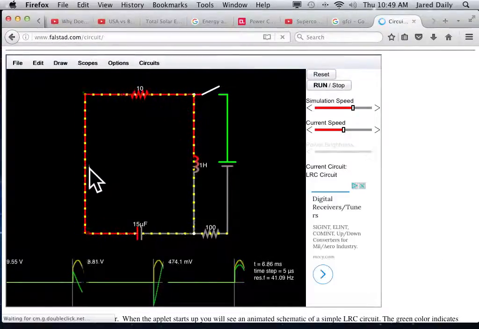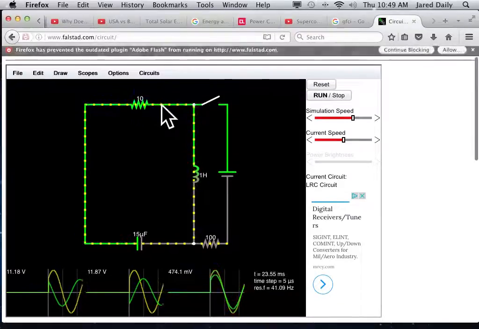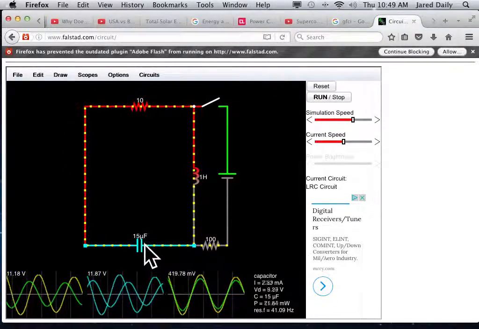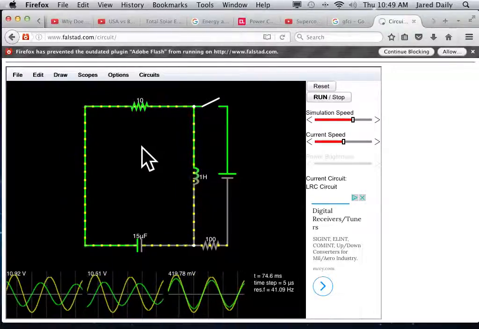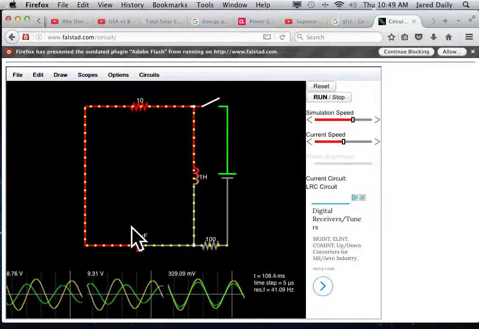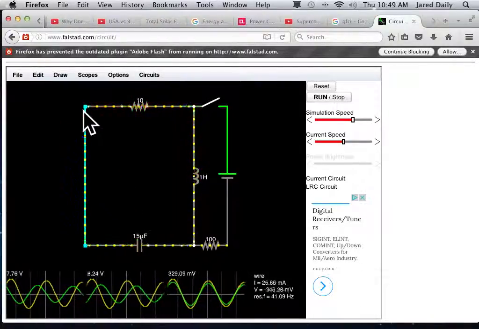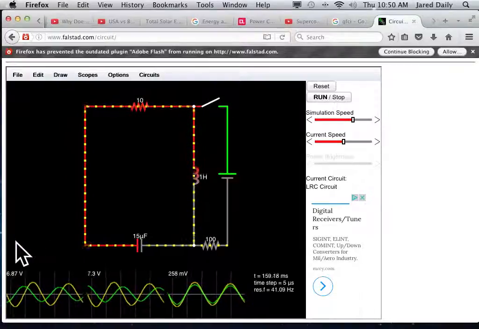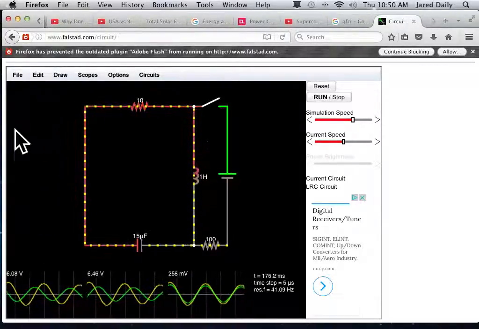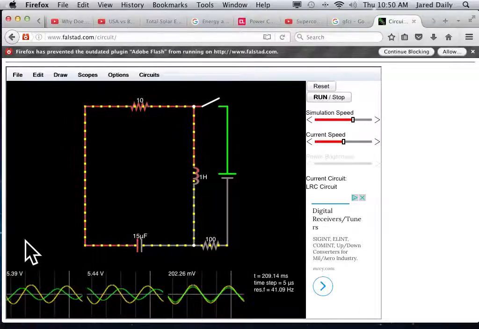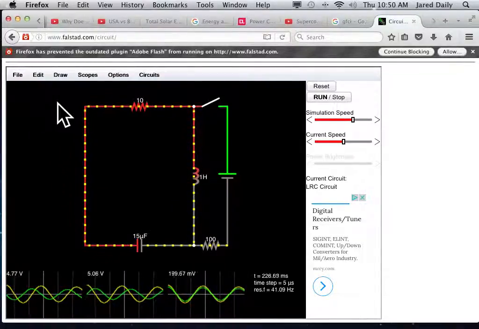All right. So anyway, here is our LRC circuit. You have the inductor, resistor, capacitor right here. The problem with this circuit is it doesn't have a source. They're not showing us the source that's causing this. The way to create the antenna is to cut the circuit right here and put your antenna on either side of this. So that when a wave comes by through the air, it causes this one side of the antenna and the other side of the antenna